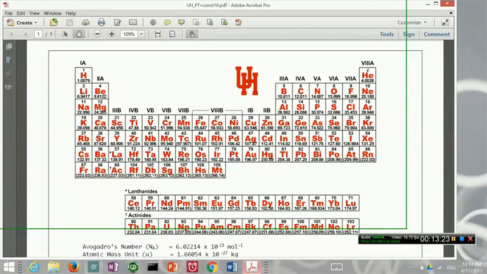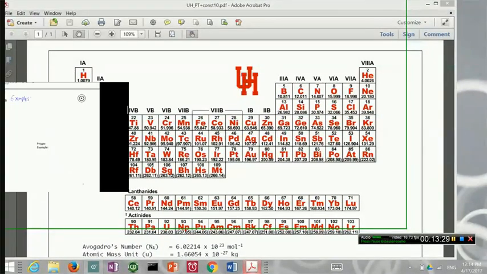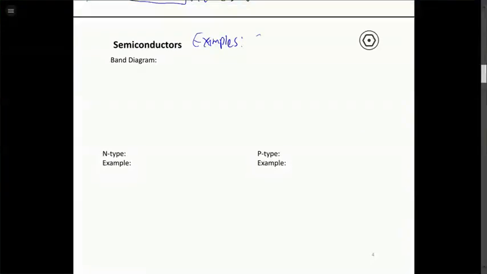A lot of these elements that are sort of the metalloid types, the ones that are right along the staircase, they form what's called a semiconductor type structure. And the classic examples are silicon and germanium. Those are the ones that are the most well studied and well known. And in this case, they're kind of in between. So the band diagram,